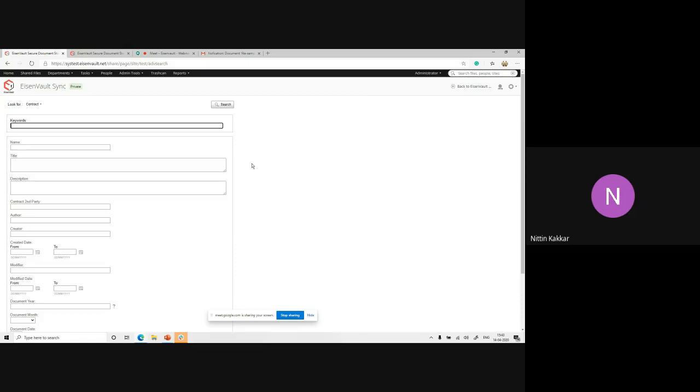Now you can use this field combination. Say I'm looking for contract second party, maybe I can type in the word EisenVault. That's the second party. So you are looking for contracts only for EisenVault, nothing else. So it will give you the results only related to contracts and the second party wherever EisenVault is. So that's how you can more thoroughly narrow down, filter down your search results. EisenVault may be in hundreds or thousands of places, could be common. But this will give you maybe 5 or 10 results where you're limited to contract and second party EisenVault.